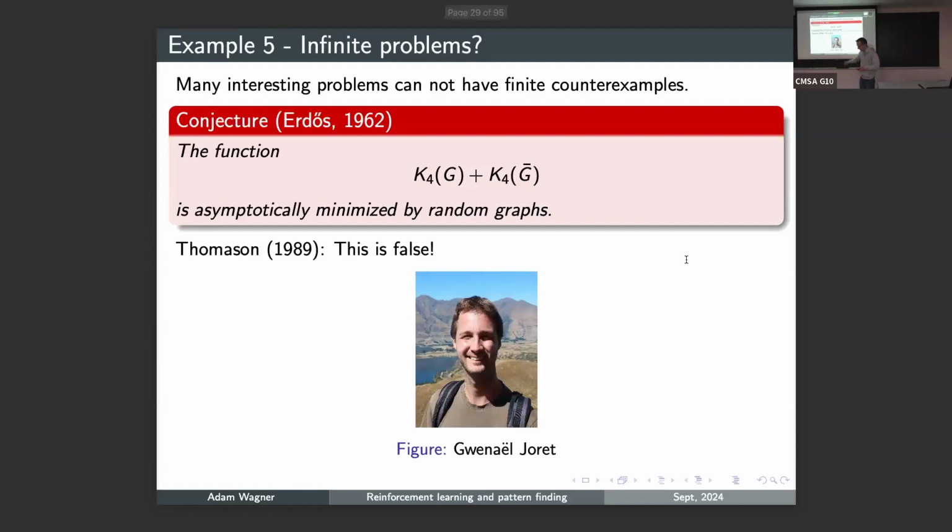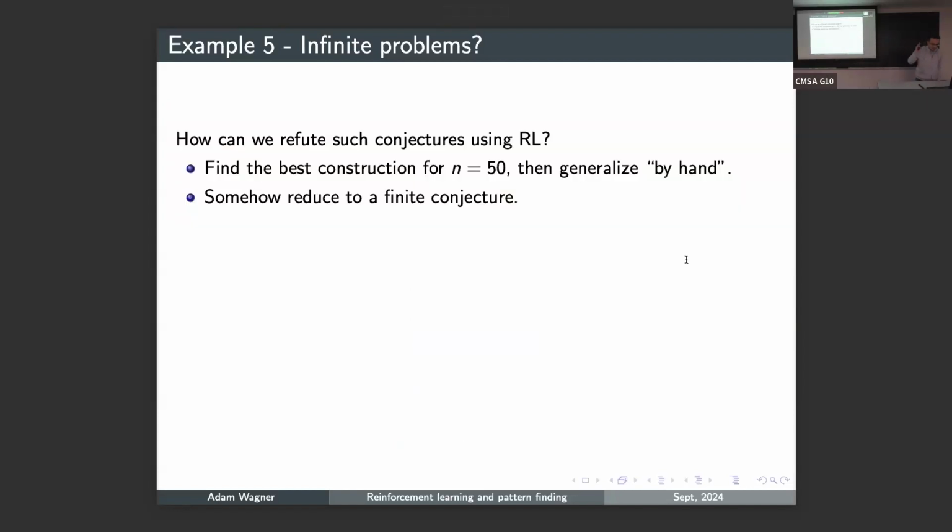Now, together with Ben Jury, who's a really smart computer science professor in Belgium, we wanted to disprove this conjecture using our reinforcement learning, and we found a way to do that. So how can you attack such infinite conjectures using any kind of computer search? Well, in my opinion, there are 2 main methods. First, you can ignore the infinite parts, and you just pick one large value of n, try to find the best construction for that large value of n, and hope that you get enough insight from it so that you can take over